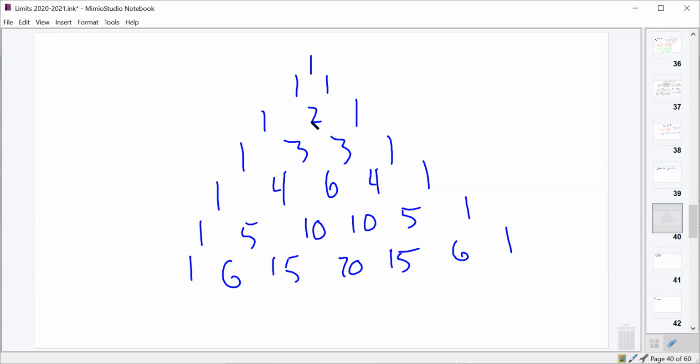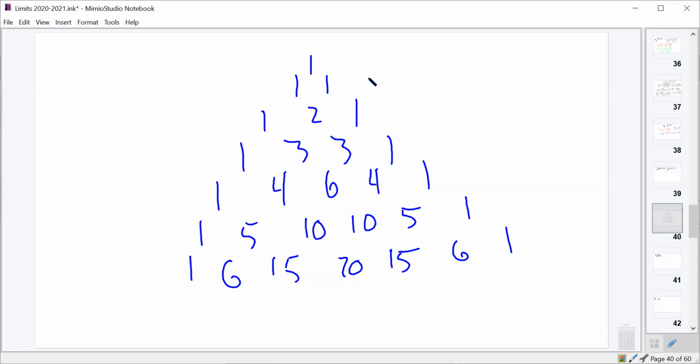1 and 2 gives us 3. 2 and 1 gives us 3. Another 1 on the outside. 1 and 3 is 4. 3 and 3 is 6. 3 and 1 is 4. And so on, right? 1 and 4 is 5. 4 and 6 is 10. And so on. Pascal's triangle, right? Somebody was like, hey, look, here's this cool triangle with all these numbers in it. And then somebody realized that